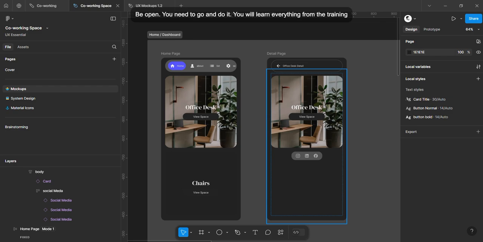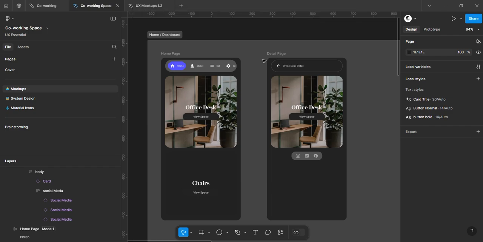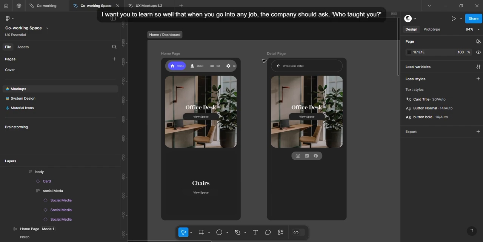स्लोली करो, डोंट थिंक लाइक कि तुम्हें... See, you are actually my first student outside the company. Okay, I want you to learn so well that you go into any job and the company should ask किसने सिखाया है।